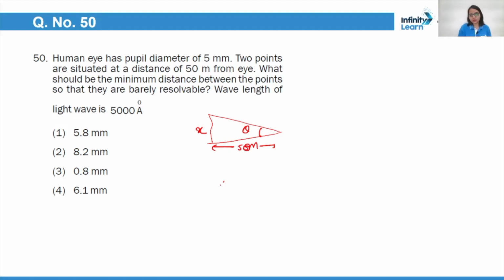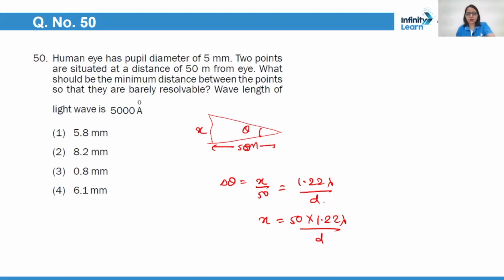Over here, delta theta should be x upon 50, and that equals 1.22 lambda divided by t, right? So over here x will be 50 into 1.22 lambda divided by t, and after solving this, we'll get x as approximately 6.21 millimeter, which is option